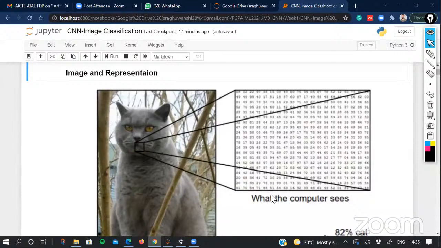And sometimes these pixels are arranged in a row and column manner. So you can see that if we take this small part of that image, on the face of this particular cat, now this small part can also be represented with this two-dimensional matrix that you can see on this right side. When we talk about how the computer sees images, basically the computer sees images in the form of numbers, and generally these numbers range from 0 to 255.